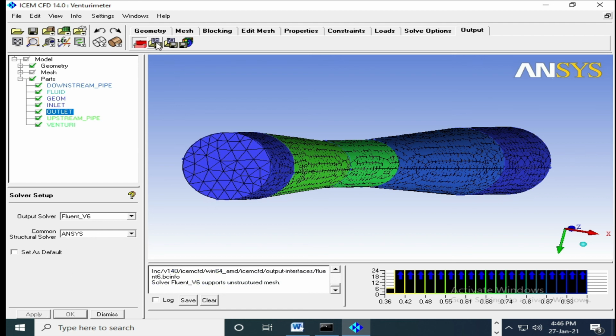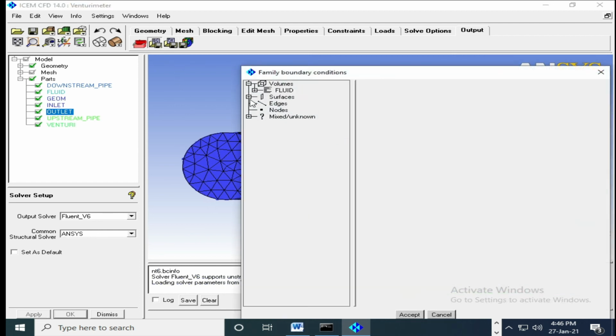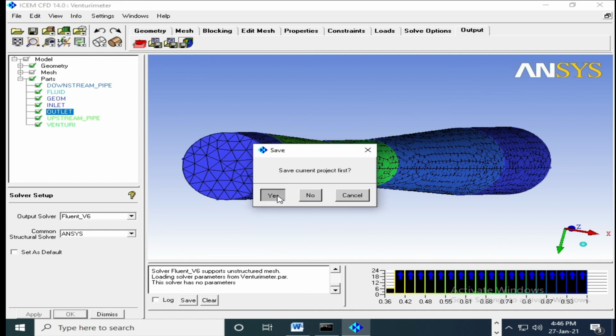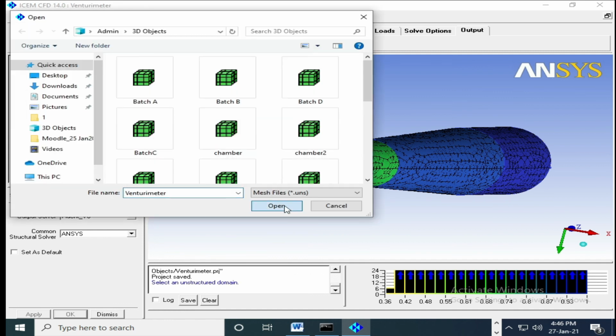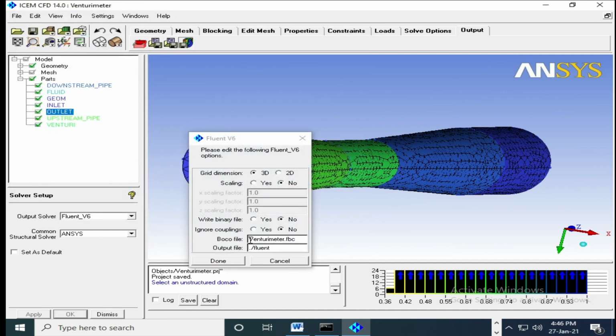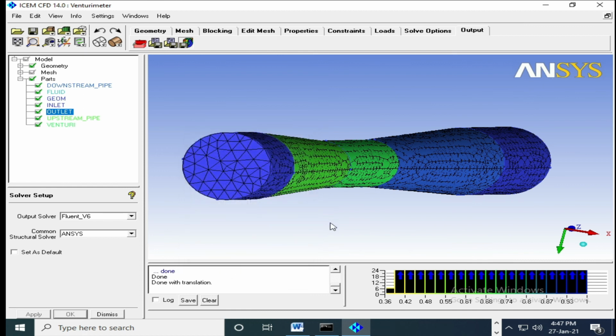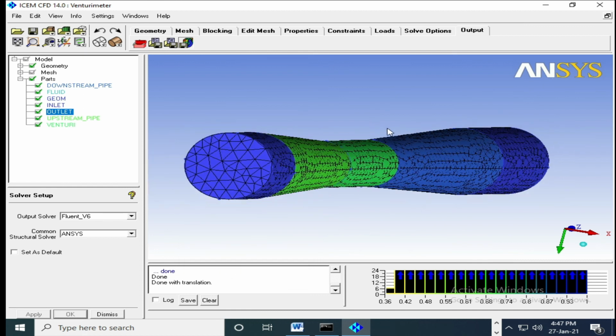Structural solver is ANSYS. Boundary condition, here one fluid and the remaining parts. Say accept. Open, here you can see venturimeter, control V, global scale factor 2, that is the mesh setting. Yes, done with the translation. It means our part is over.